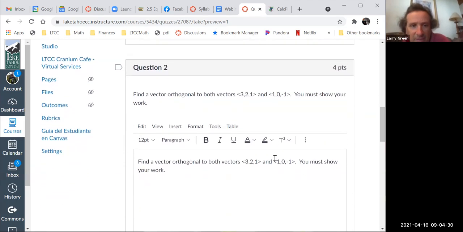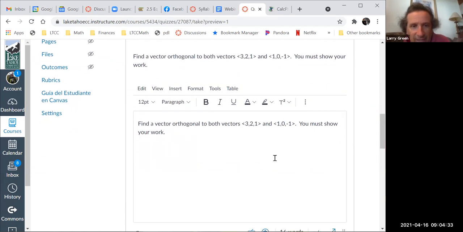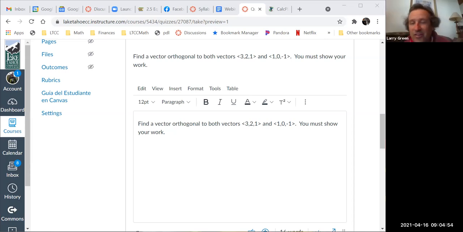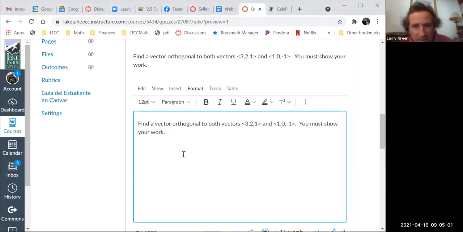Okay, let's look at number 2, and that is find a vector orthogonal to both vectors (3, 2, 1) and (1, 0, -1). You must show your work. All right, so on this one, if you want to find a vector orthogonal to 2 other vectors, what do we do? It's actually quite easy. Take the cross product. So this is just a fancy way of saying what is the cross product of (3, 2, 1) and (1, 0, -1). So I'm just going to write ijk